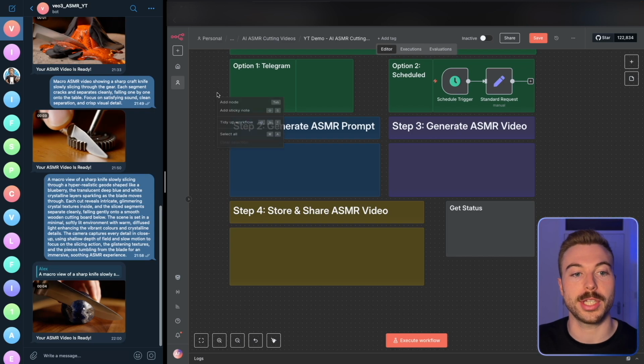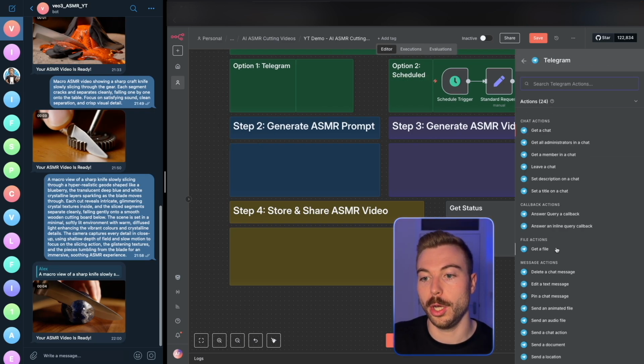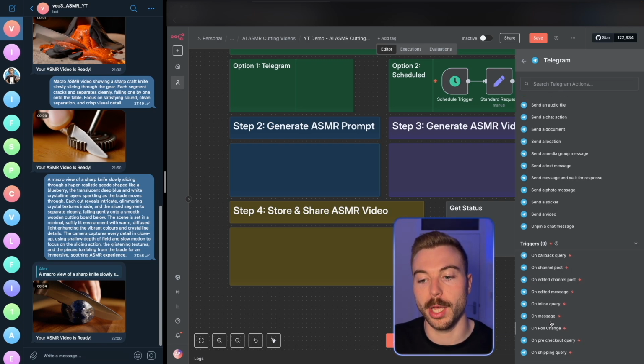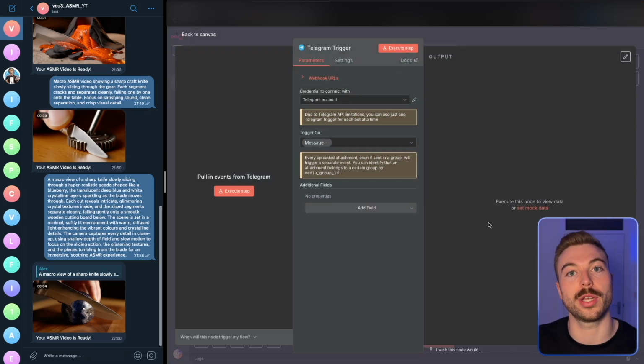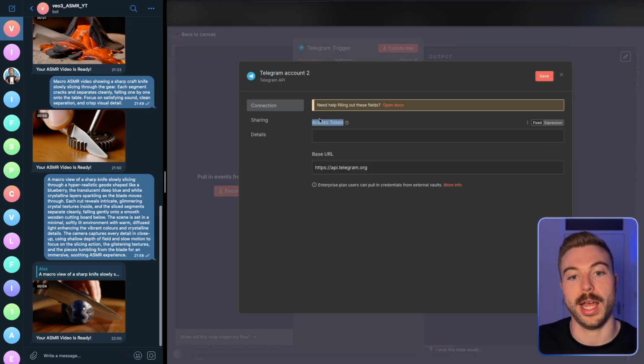So to set Telegram up, we're going to come through and do a Telegram node. We're then going to come down the bottom and we'll see we've got the triggers here. Now the one that we want is on message. And this way we're going to be able to get any of the messages that come into our chat to come straight through to our workflow. We're going to need to connect it, so come down and create a new credential, and we're going to need